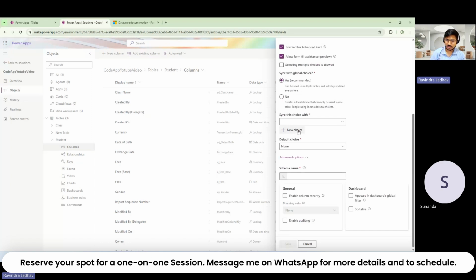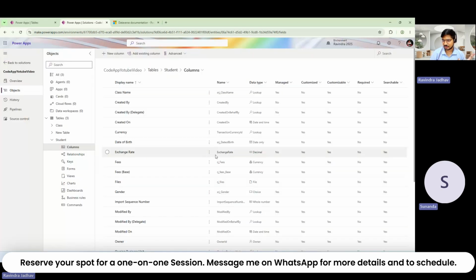If you create the local for only that table, you can utilize that there, and global you can use in your entire environment. If you want to use the same choices, yes or no, xyz, in multiple places, you can go with the global choices. And one more point, your global choices in our